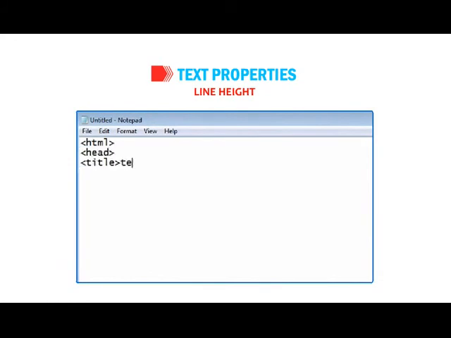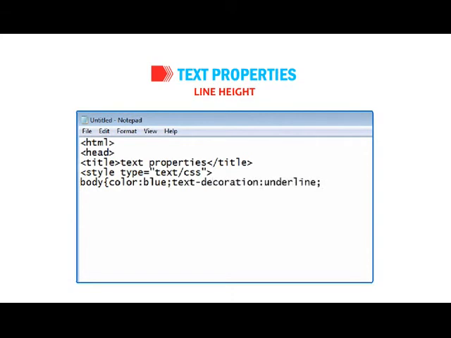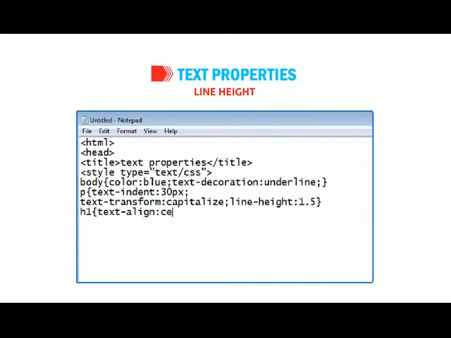<html><head><title>Text Properties</title><style type="text/css"> body { color: blue; text-decoration: underline; } p { text-indent: 30px; text-transform: capitalize; line-height: 1.5; } h1 { text-align: center; text-shadow: 2px red; } </style></head>